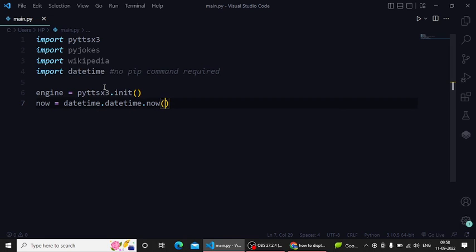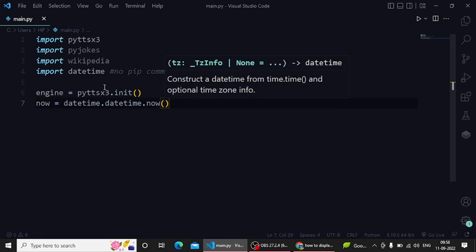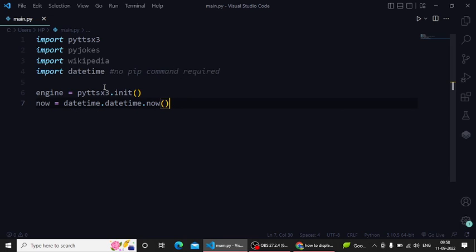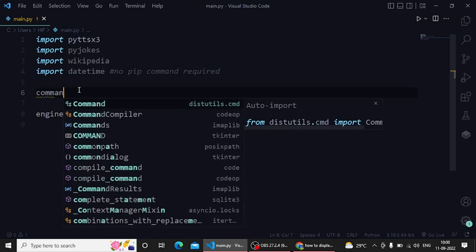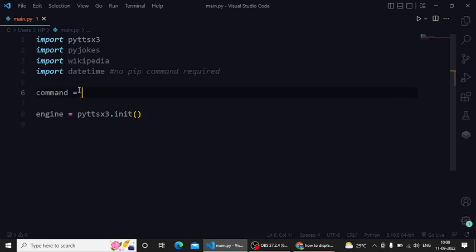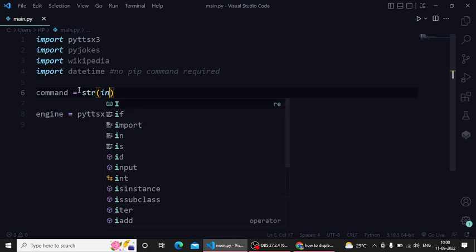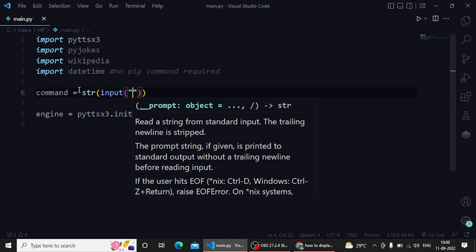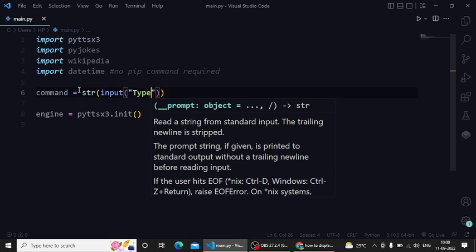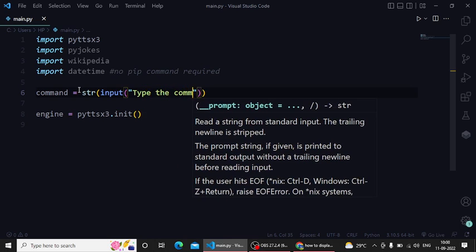This is the variable that I'm creating. Now we are going to proceed with the input box. Now type a variable named command equal to str input, and a simple statement inside that. Type the command,